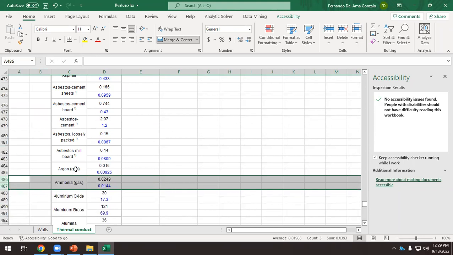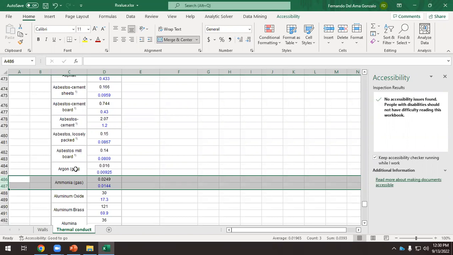Argon, well, argon is different because we can use argon in windows. So especially when we have a triple glazing, we have glass, then we have air chambers, and we call it air because we want to simplify things. But sometimes we fill those chambers with something that is not air. So the most common gas to fill air chambers is this argon. And look at the thermal conductivity of the argon. So we are looking at the blue figures. It's